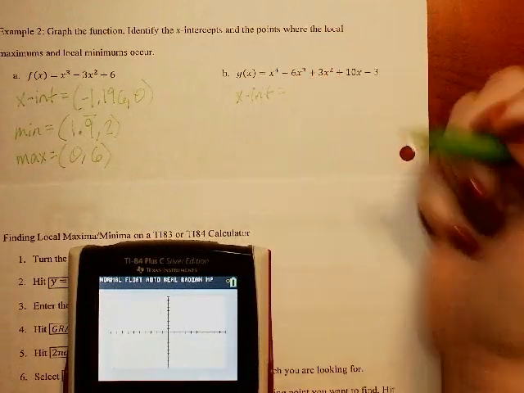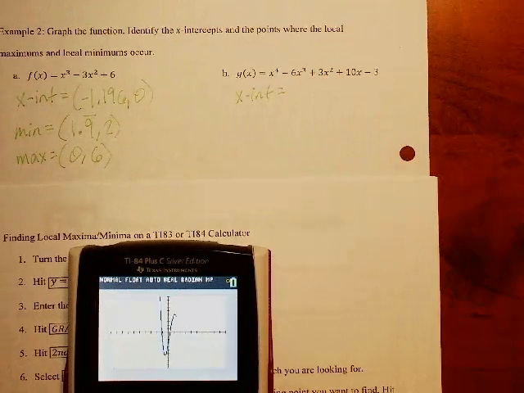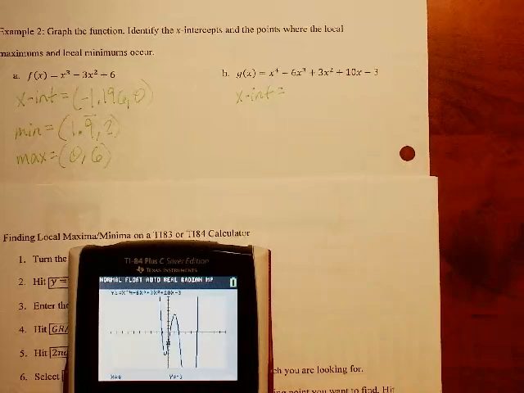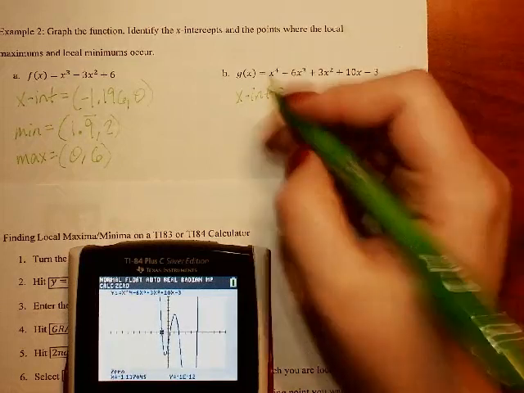Let's go into graph. So I have a couple of x-intercepts here. I have 3, 4, looks like. So I can have up to 4. So to find my zero, I hit second trace, zero. I'm going to go left of this first one, and I'm going to go right of it. Then I'm going to guess. So my first x-intercept is negative